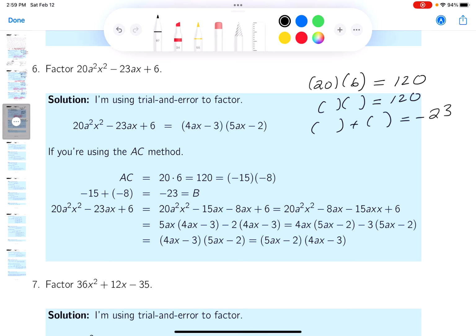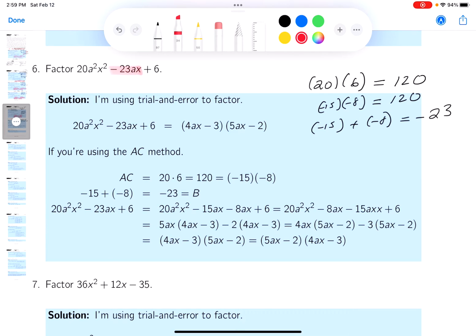And I'm going to look at that, and I'm going to say it looks like it's 15 and 8, because 15 times 8 is 120. But it's actually minus 15 and minus 8. And the reason being is minus 15 plus minus 8 is minus 23. Now, granted, that may take you time to get there, but once you get there, you're going to take that